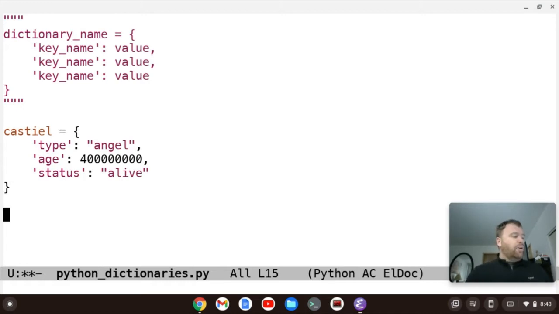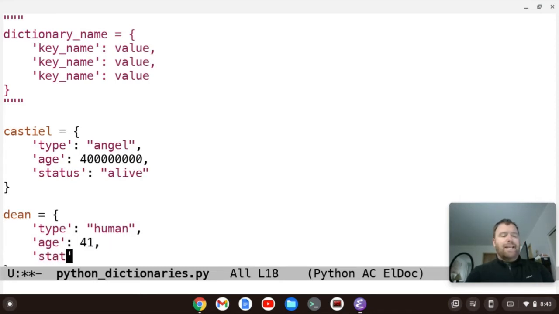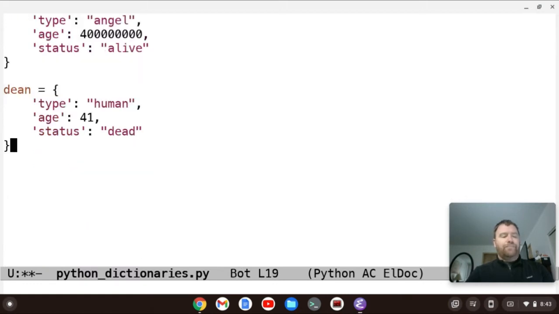Okay, the next character that I'm going to create a dictionary out of is Dean. He's going to have a type, which is a string, human. He's going to have an age, much more reasonable, 41. And his status, unfortunately, is dead.